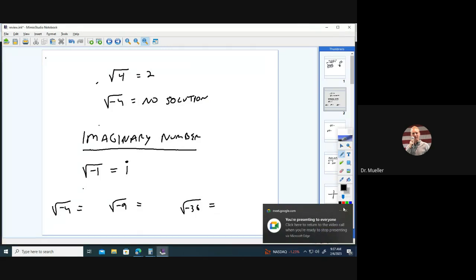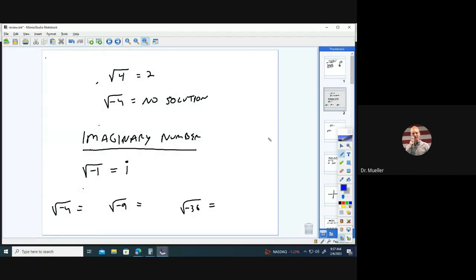All right. So today we're going to talk about complex numbers and imaginary numbers. We've all done square roots before, right? We know the square root of 4 is 2. 2 times 2 is 4. But what we've learned up until this point, well, for those of you that haven't had this class yet, is